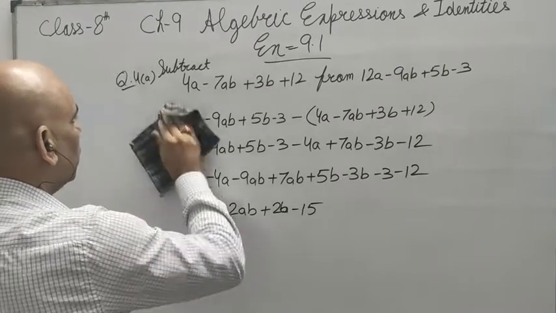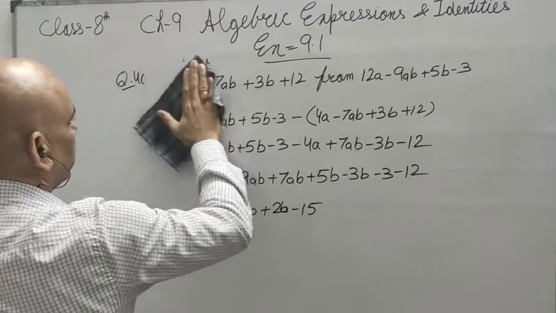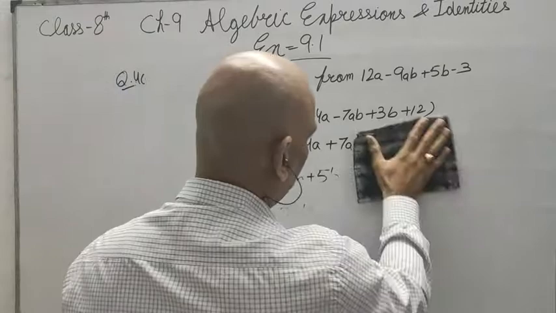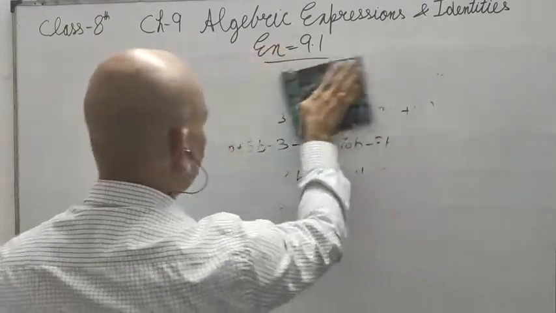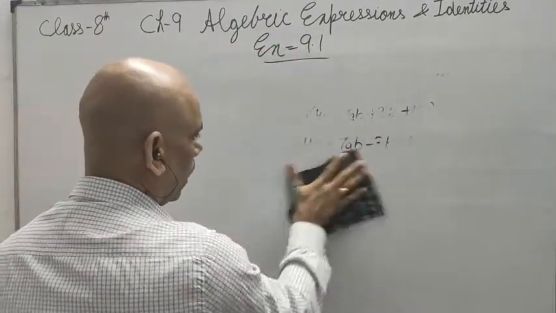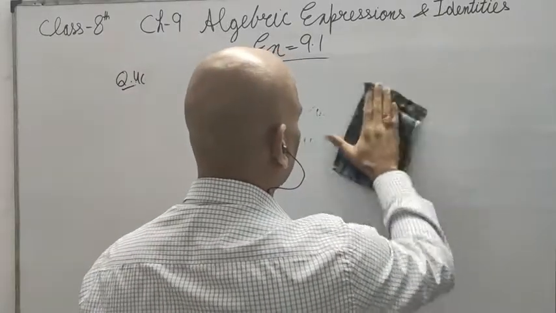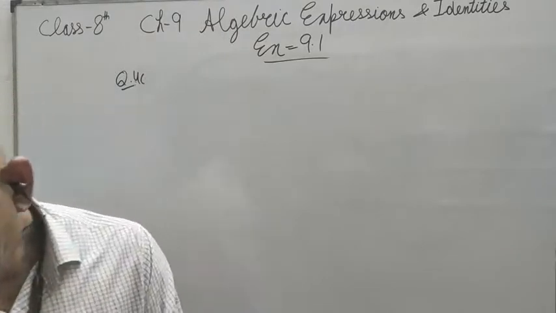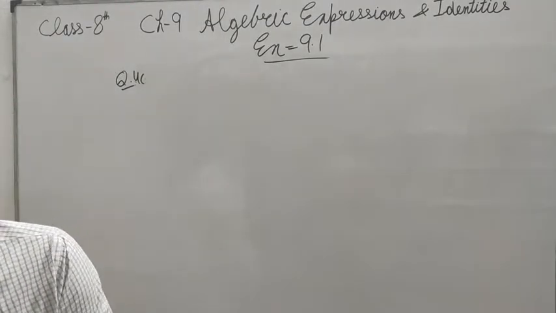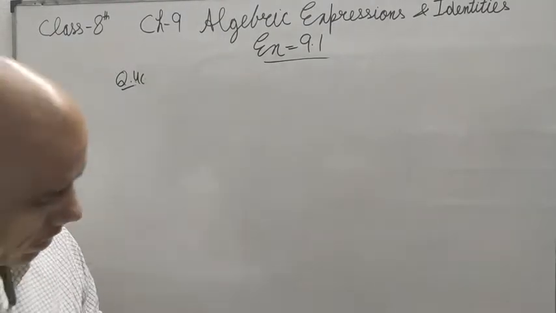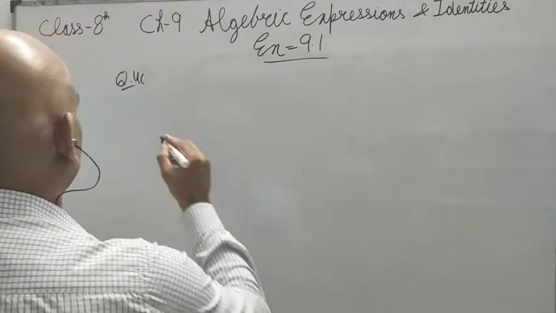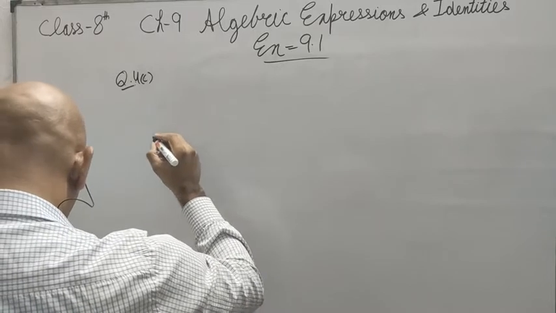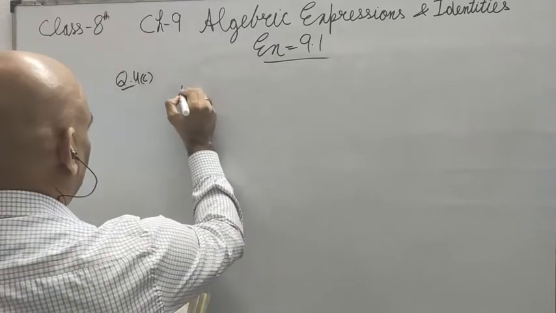I am going to solve one more part for you, that is the C part, and thereafter you will solve the rest of the parts. There are 3 parts only: 2 I am solving for you, and the third one you will have to solve. So let me solve the third part, which is quite lengthy, and the second part you will solve on your own. Subtract this from this. So I am writing the second term first.